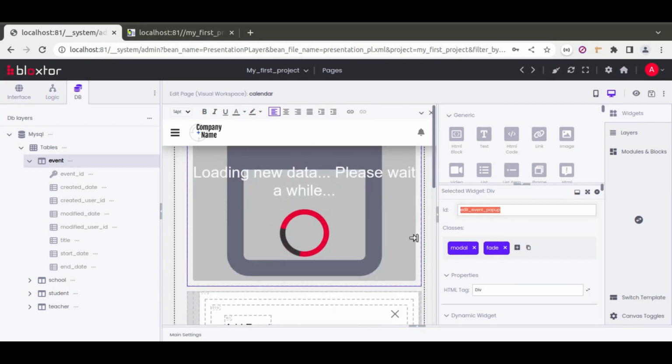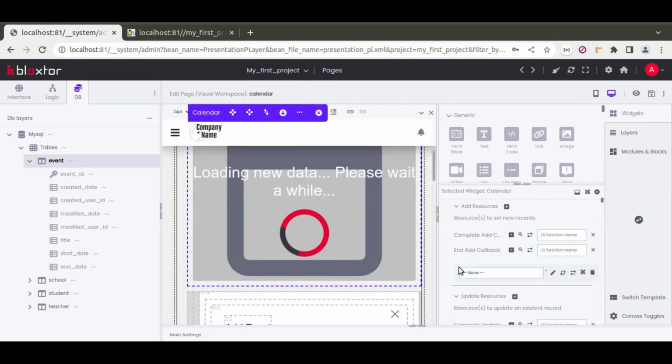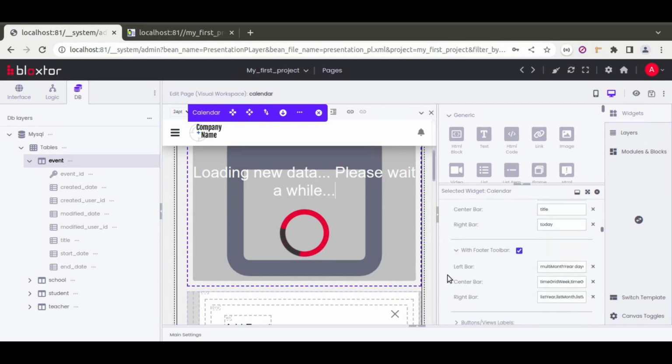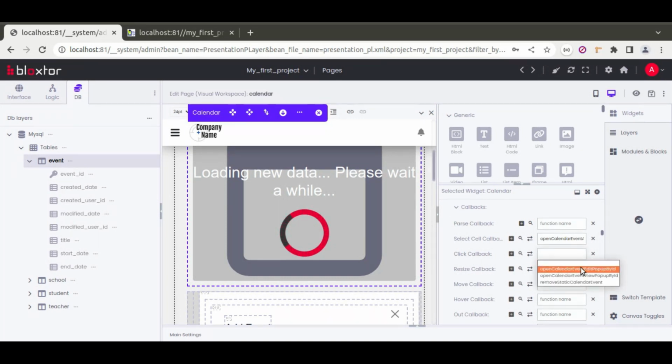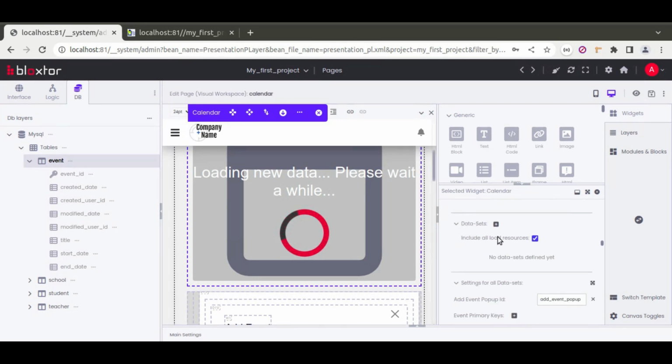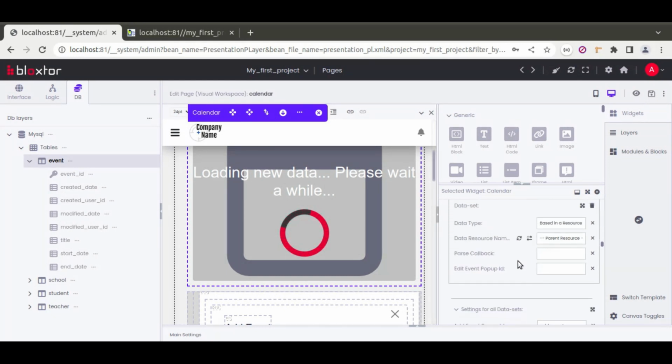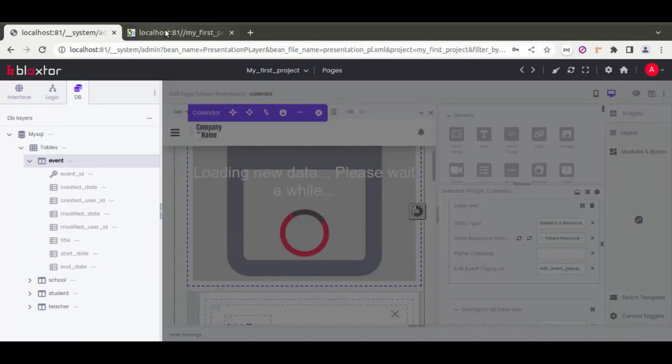So let's now select the calendar, and in the calendar let's scroll down, and in the callbacks in here, when I click on a specific event, I want it to open the calendar event edit pop-up ID. And then in here in the data set, I want to create a new data set, where I need to put in the edit event pop-up ID the corresponding ID of the pop-up, which is this one. So if I save this,